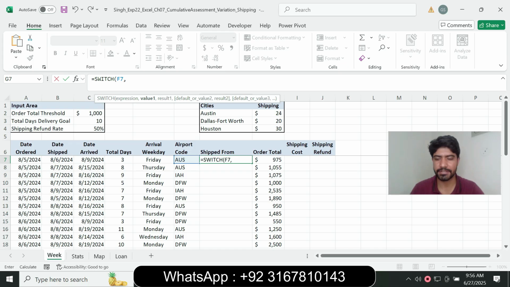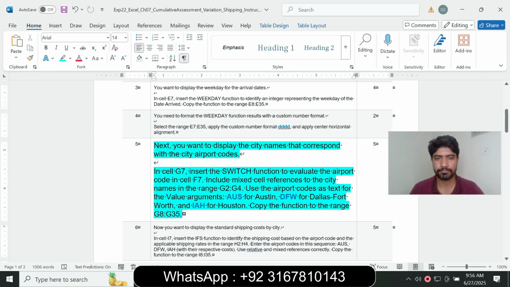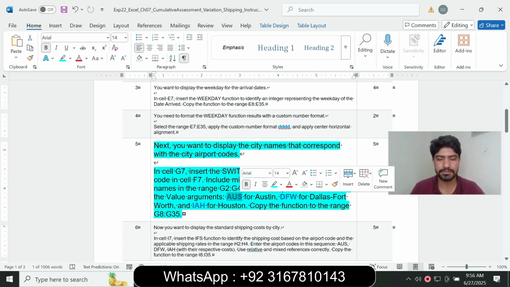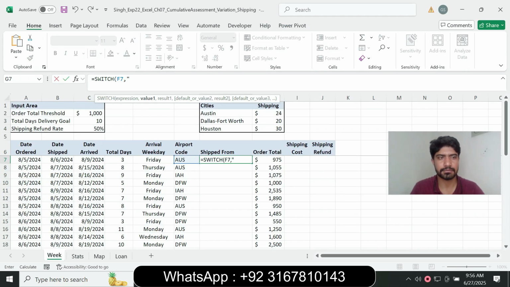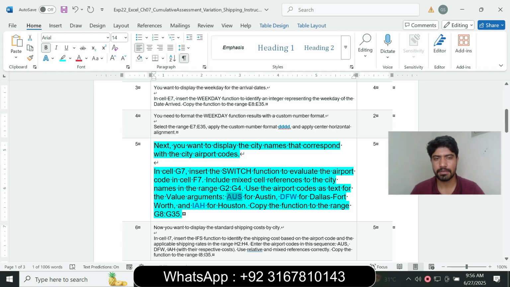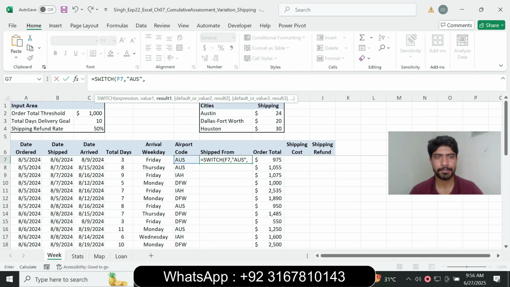and next is AUS. So next is AUS, and type inverted commas. Next is Austin, then Dallas Fort Worth, and for Houston, and copy the function to the range G8 to G35. Austin, and select G2. Apply the absolute reference, press F4, and next is